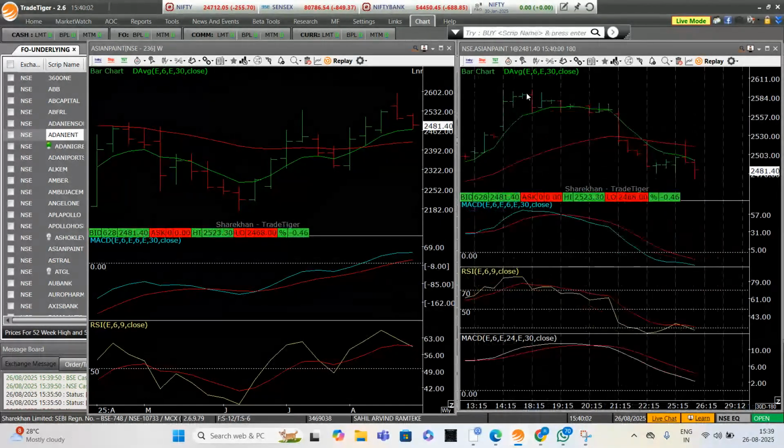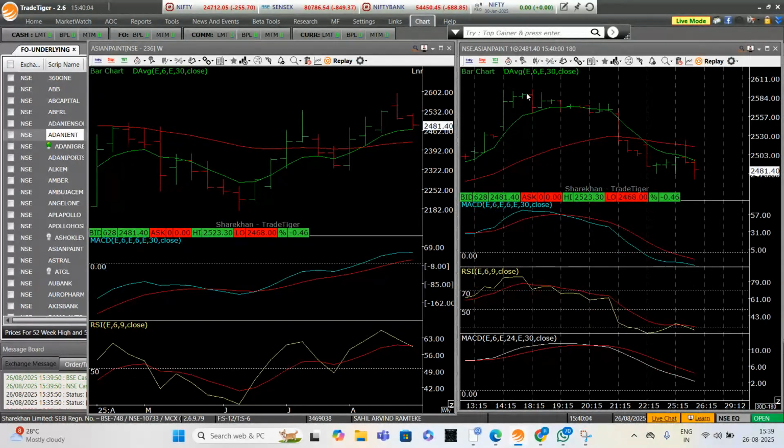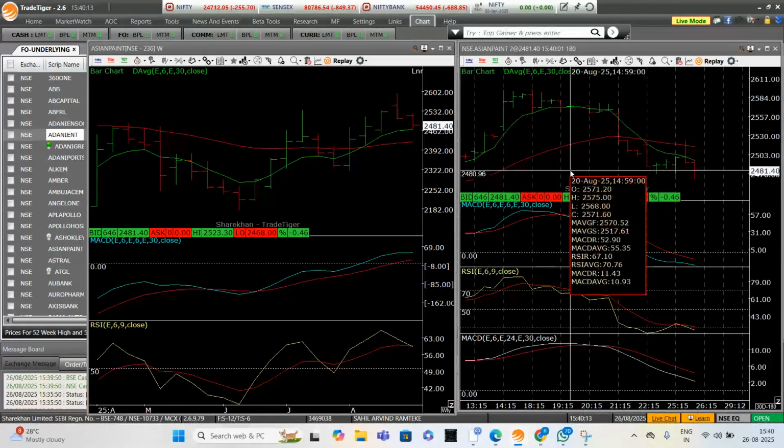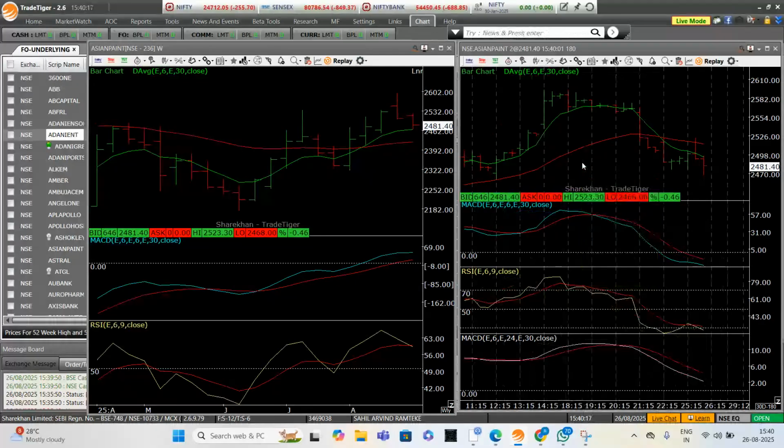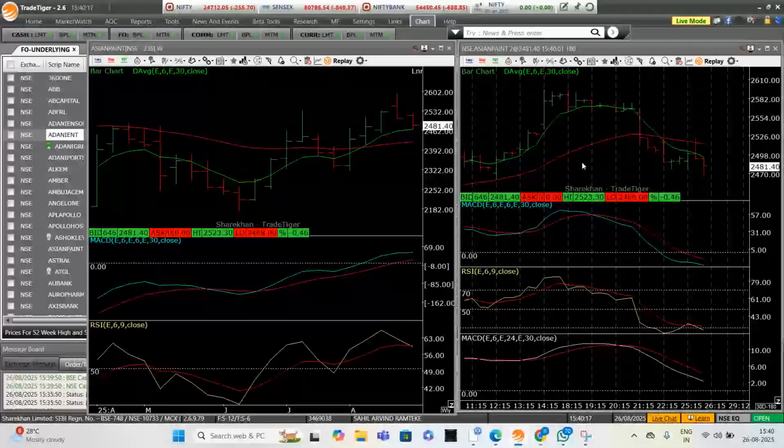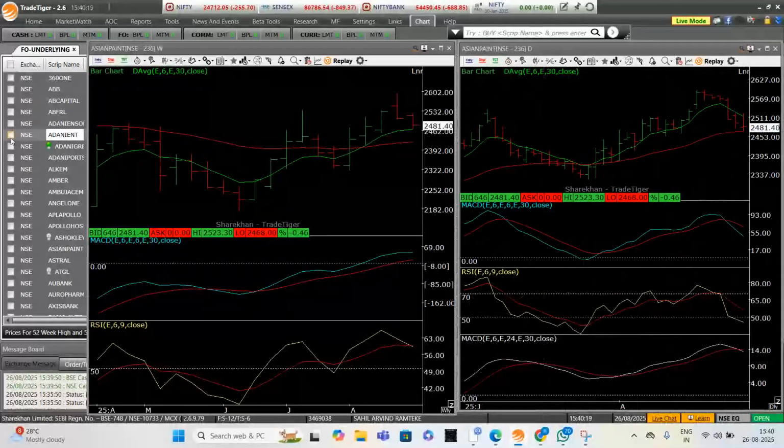So either you can put in the system, right? Or every day whenever the markets open in the morning you will put in the system. अगर वो दिन में आ जाता है तो ठीक है ना, राइट? तो अभी ये स्टॉक हम लोग ने ढूंढ के रखा है, अगर ये आ जाता है बाइंग में तो हम लोग देखेंगे। तो ऐसे ही मैं अभी हर एक लिस्ट को जैसे स्कैन करूंगा।